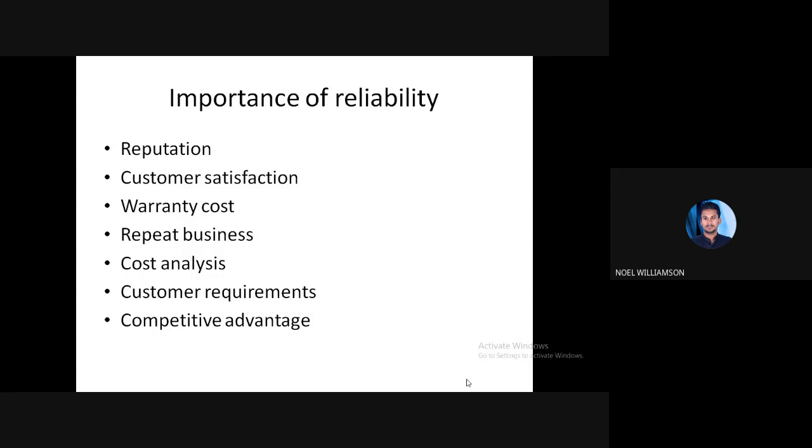Next, customer satisfaction. The same thing. The customer will be satisfied if he gets a more reliable product. So whenever the product the customer receives is a failure,